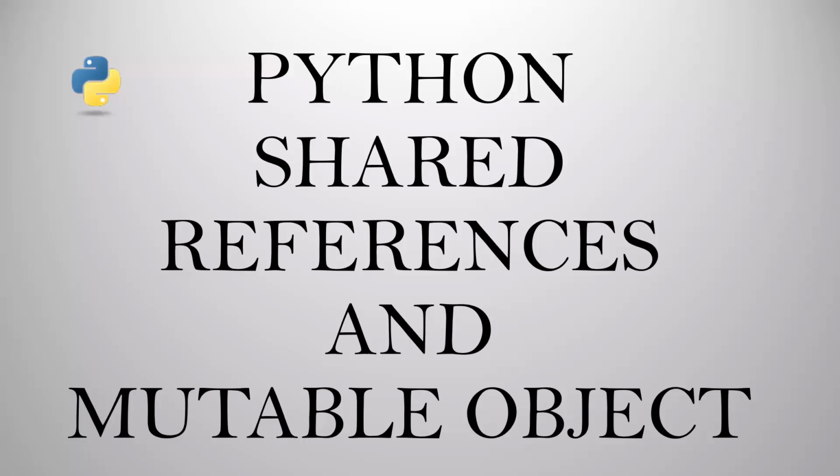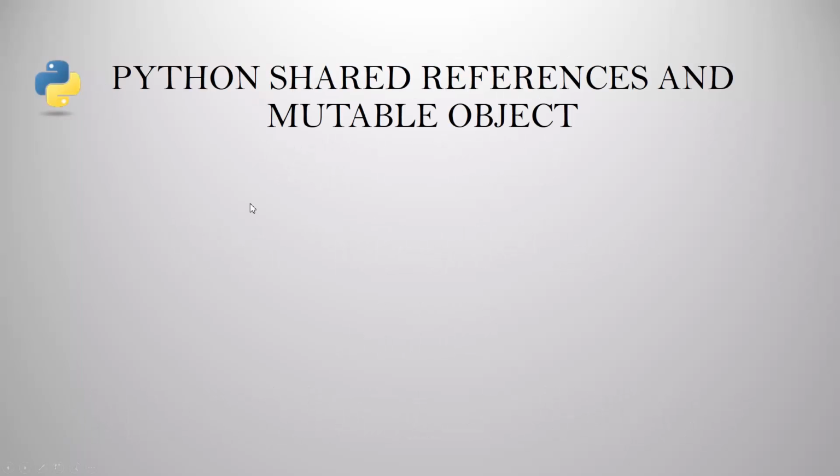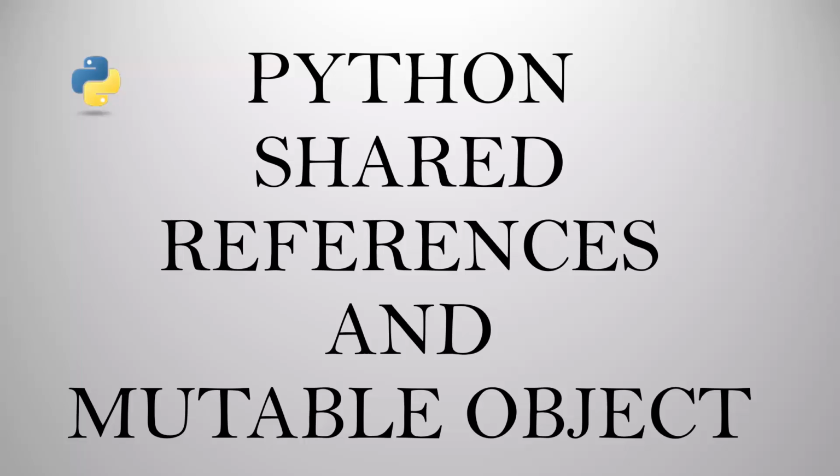Hi everyone. As we have discussed in the previous video, there are two types of object in Python. One is mutable, the objects that allow in-place changes, and the other is immutable, the objects that don't allow in-place changes. Mutable objects are like list, dictionary, sets. Immutable objects are like numbers, numeric object types, strings, floats, etc. We can understand in-place changes by an example.